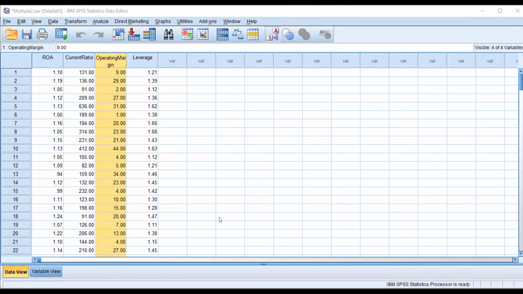And another one is the current ratio. There is a 26% chance that if you change current ratio, it will influence the operating margin of the company. These are the coefficients. That is the multiple linear regression model.